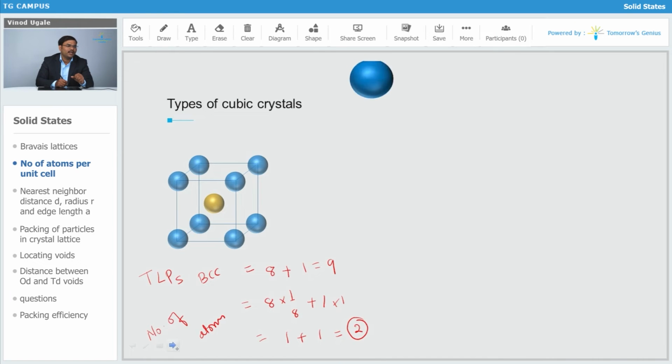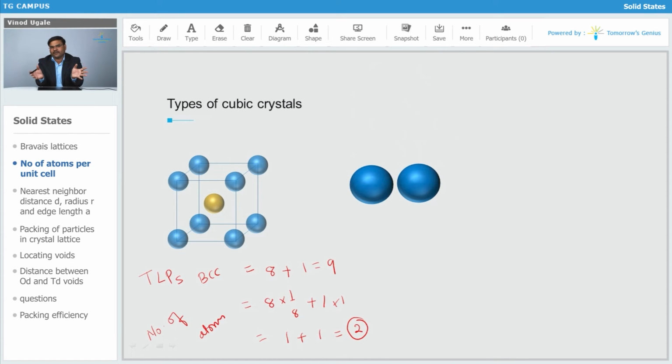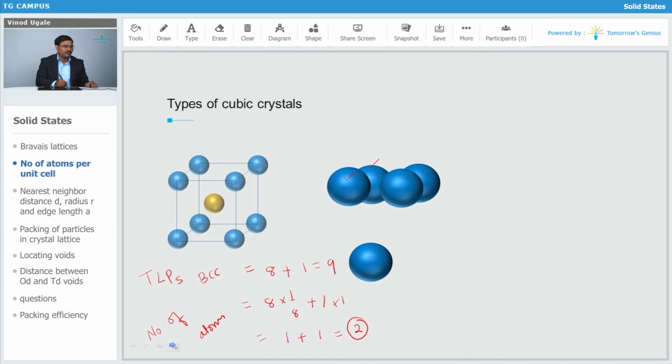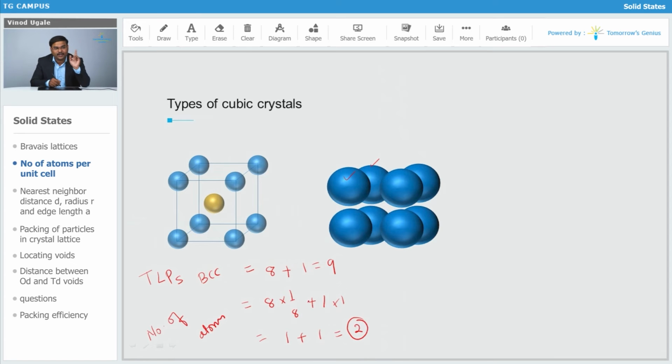So let's see how the arrangement is going to be. This is one corner particle, this is another one. Now you can see that they are a little bit apart from one another, because they are making space for one complete particle which is inside that cell. Now let's go for another corner particles. Yes, not touching each other. This particle and this are also not touching each other. Then let's go for the next one. These are the 4 above and 4 below. We are going to have it like this. Corner particles are not touching each other. These are the corner particles making space for one particle inside the body. So that yellow one, you can see, has got adjusted inside the body. That is the body centered cubic arrangement.